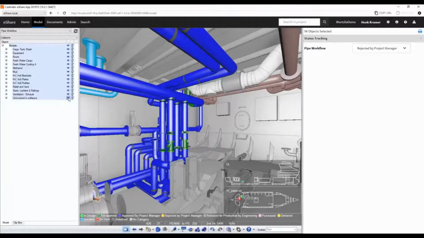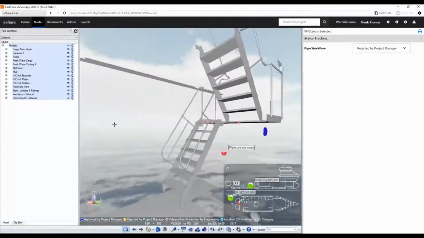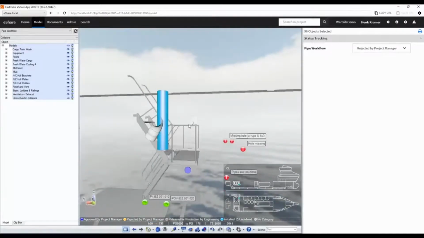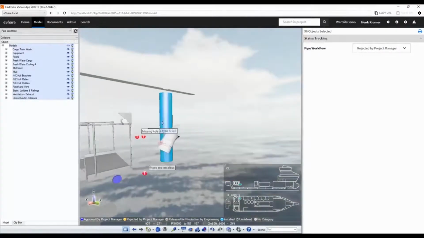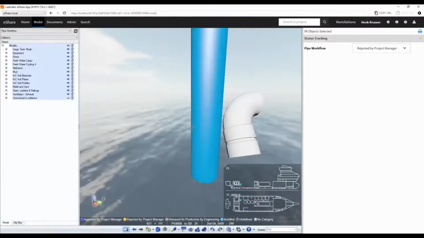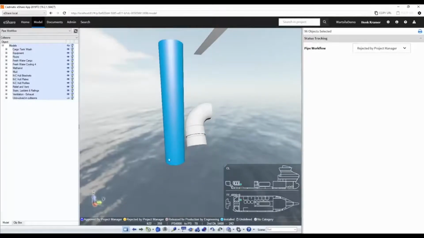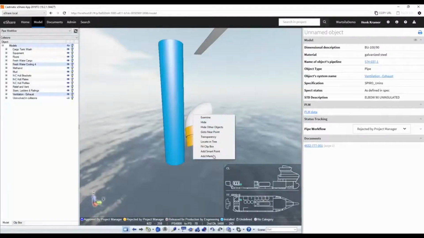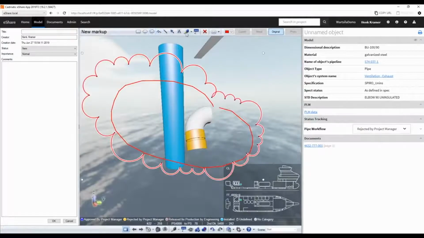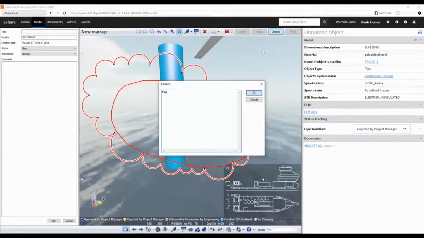And then when I hide everything which is uninvolved in collisions, again I immediately see all the collisions. So here two pipes are actually too close to each other. So what you can then again easily do is to add a markup: pipes too close,